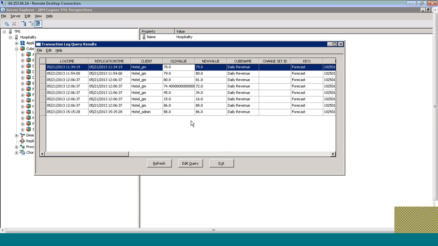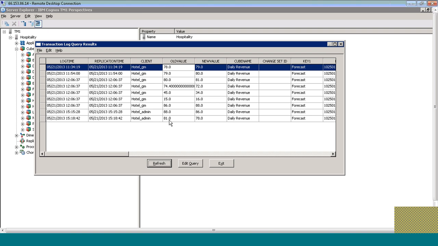Well, you're not having to go to a backup, restore backup, and lose everybody's changes from the previous day or anything like that. You can come directly into the transaction log, select the transactions that need to be backed out, and I could have queried for just one particular client ID if I wanted to. Go ahead and select the ones that need to be backed out, go to the Edit menu, select it, and then do Edit Backout. And what the system just did is it created an offsetting transaction for me,